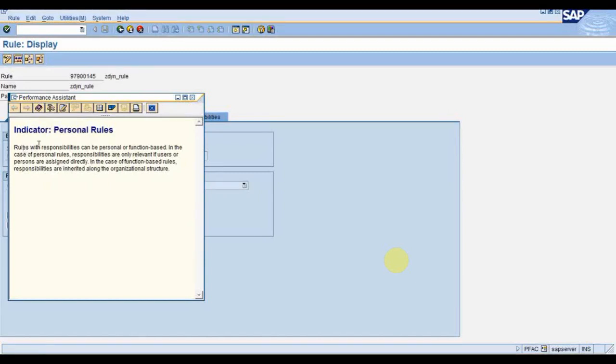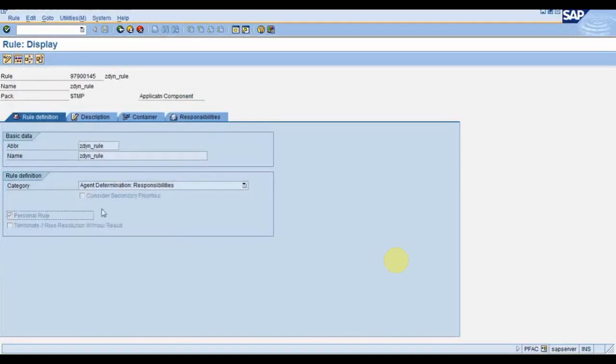Rule with responsibilities can be personal or function based. In the case of personal rule, responsibilities are only relevant if users or persons are assigned directly. In case of function based, responsibilities are relevant along the org structure.